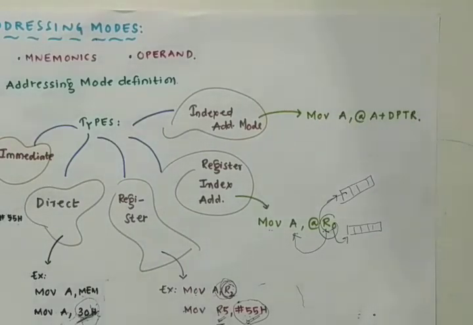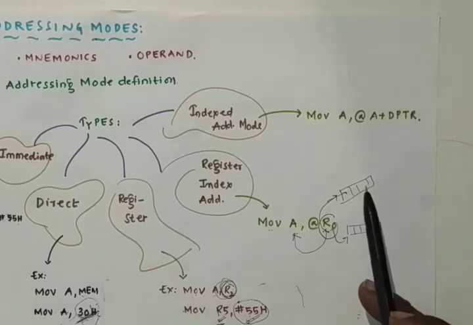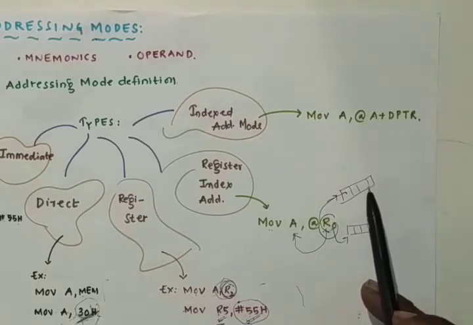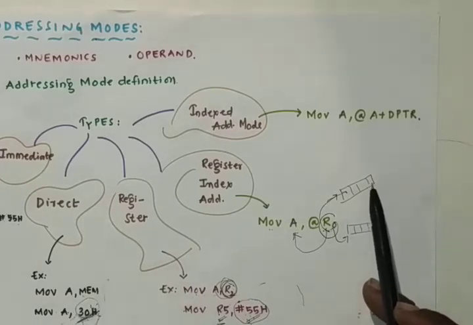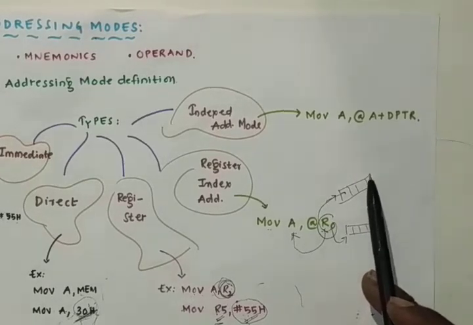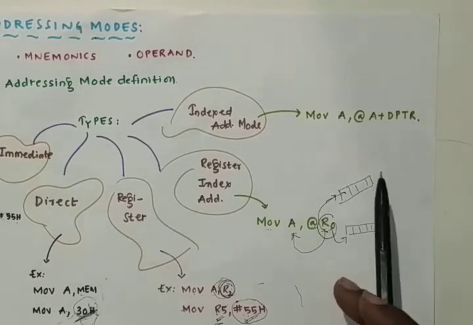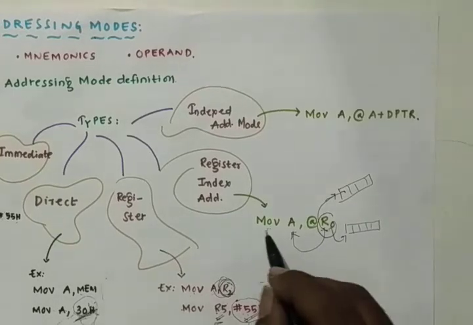Here in this addressing mode, the address of the operand is available in the register, and the register is specified in the instruction. In other words, the content of the register is a pointer to the data address. This mode is used to access any internal RAM or external RAM, and the special function registers cannot be accessed using this mode. And this is about the register indirect addressing mode.